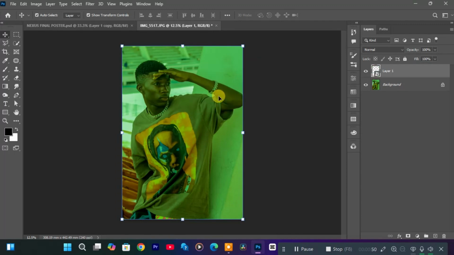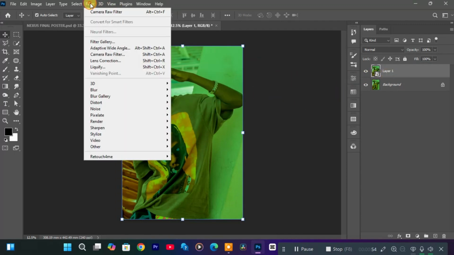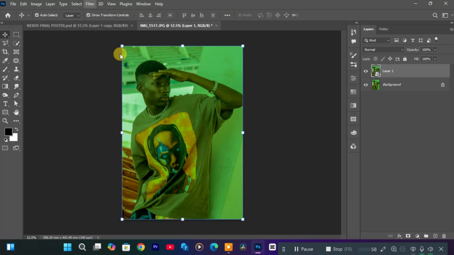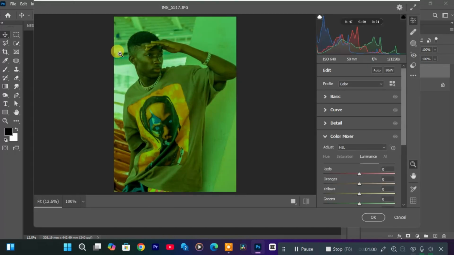So you hit OK. Once you have that done, the next thing I want you to do is to go back to filter and then look for camera raw filter here like this. Okay, now I want you to analyze your photo and then think about what is actually wrong with your photo. Okay, so looking at this photo is greenish, right? It's looking very greenish, right? So we are supposed to decrease the greens and then bring the greens out to get the photo looking